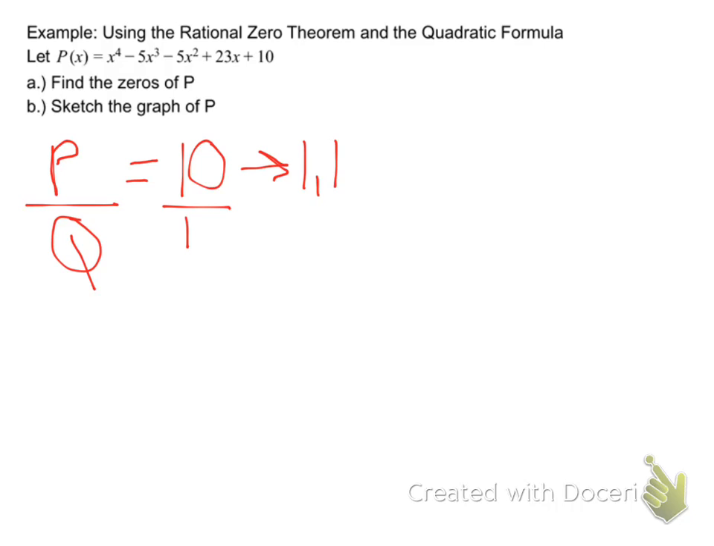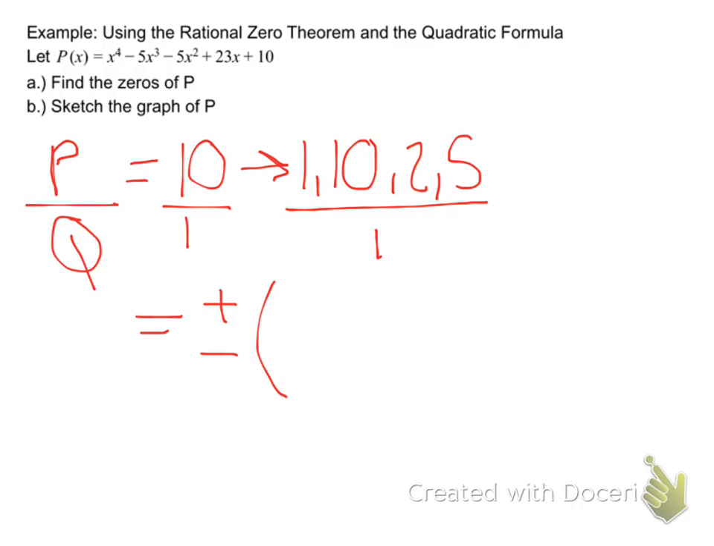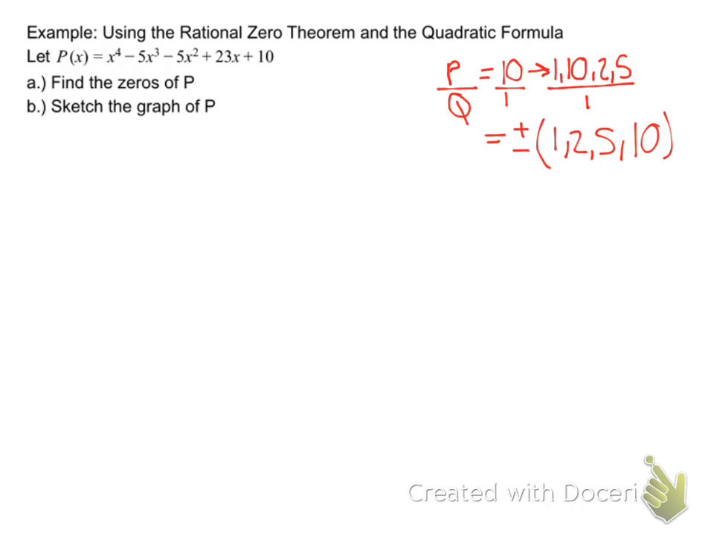So 1, 10, 2, and 5 are the factors of 10. Okay. And then the factor of 1 is just 1. So that means that your possible answers, or possible zeros, are 1, 2, 5, and 10. Okay, does everybody agree with Alex? Yeah. Okay. Thank you. So now that we have our list,